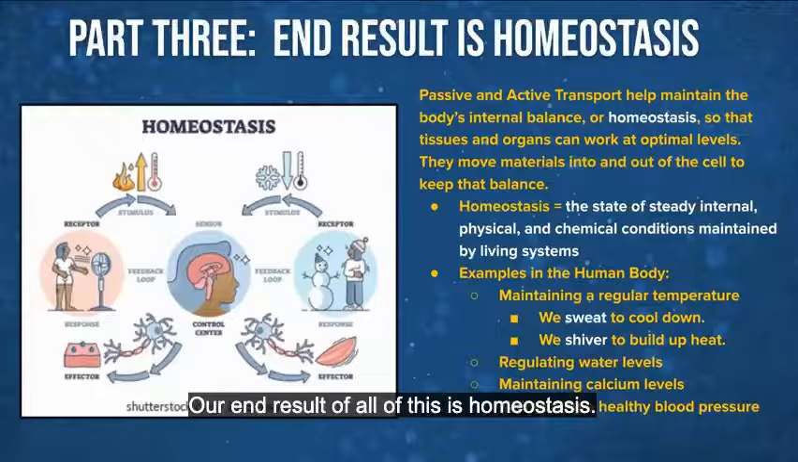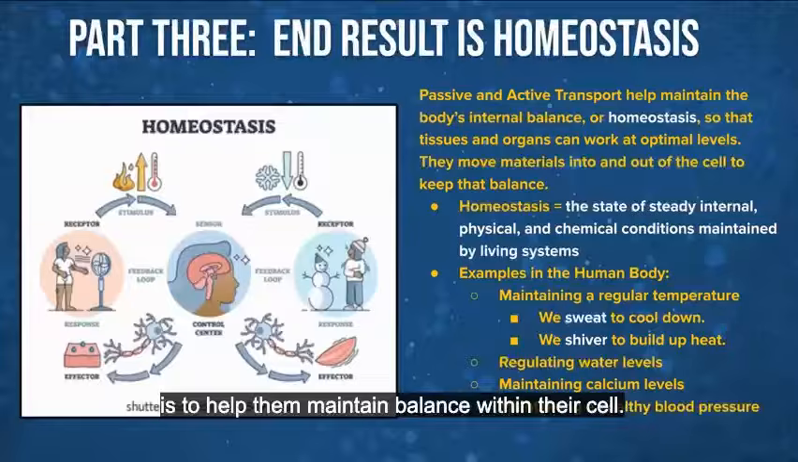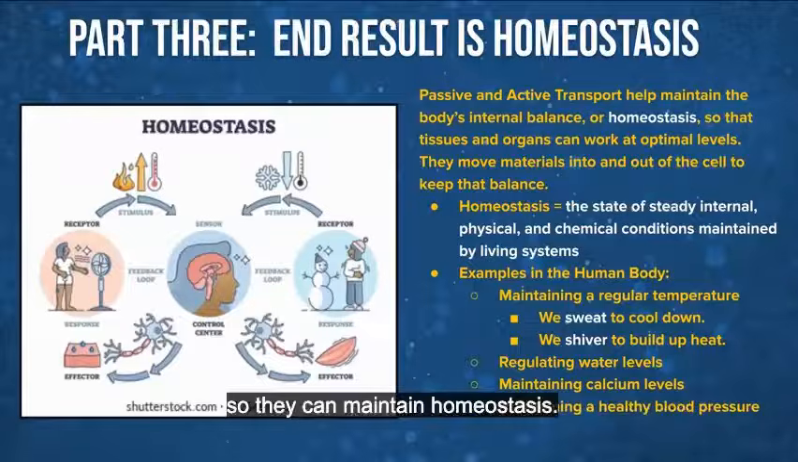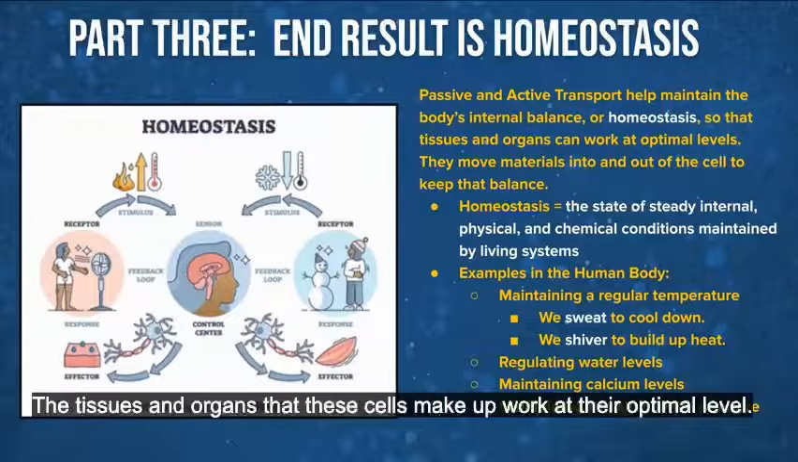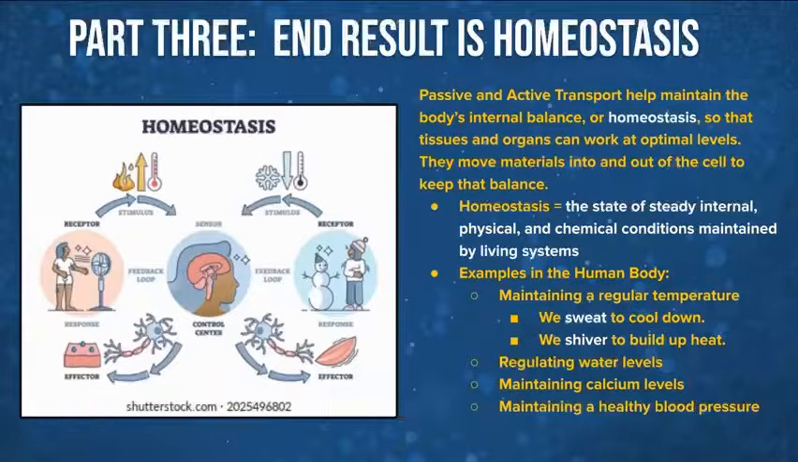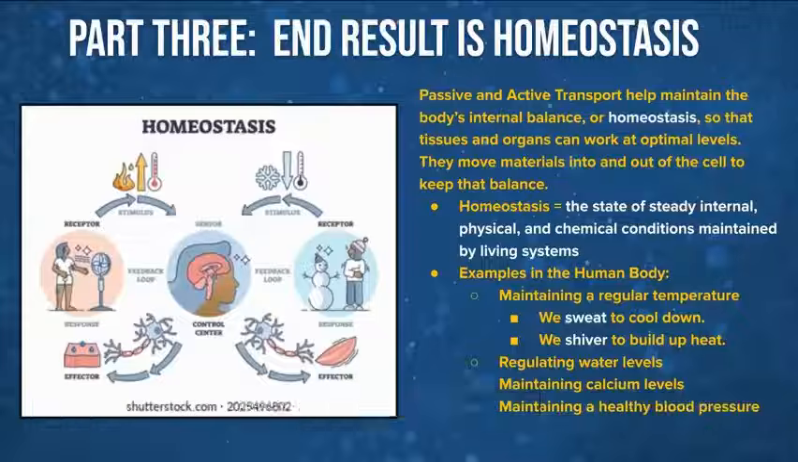Our end result of all of this is homeostasis. The main reason why cells undergo passive and active transport is to help them maintain balance within their cell. Our cells are moving things constantly across their cell membranes so they can maintain homeostasis. The tissues and organs that these cells make up work at their optimal level. That's all homeostasis is. The steady internal physical and chemical conditions maintained by living systems, just like we learned in